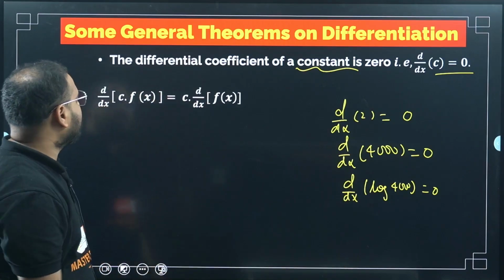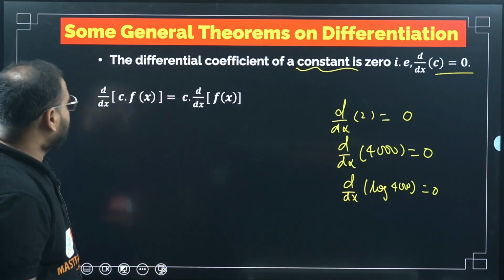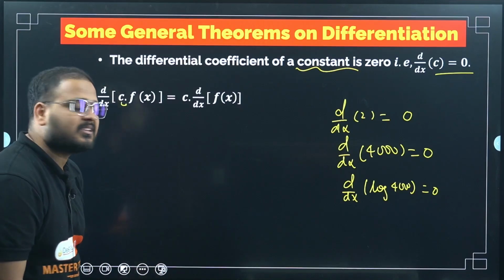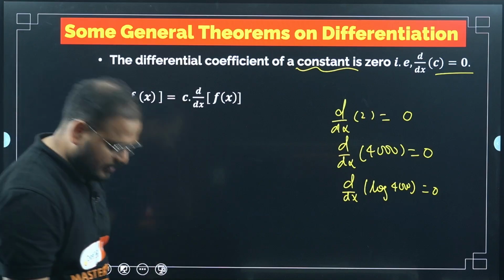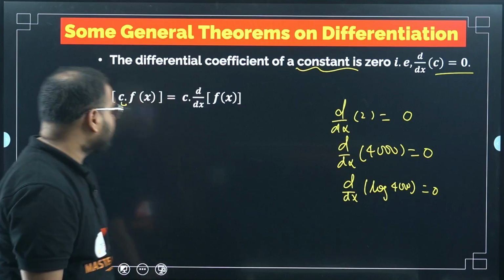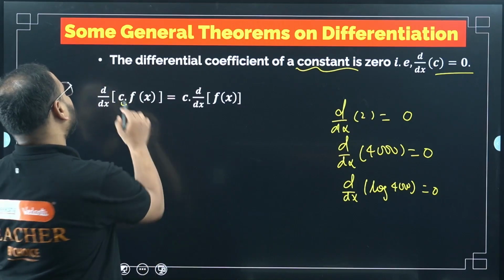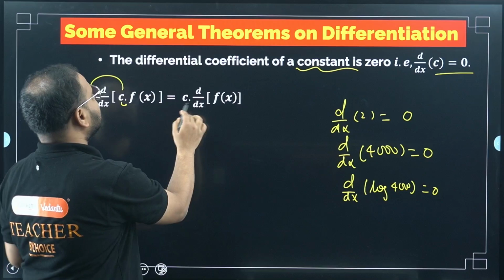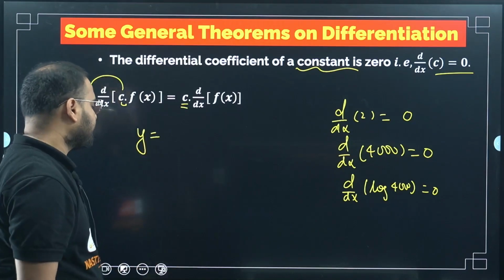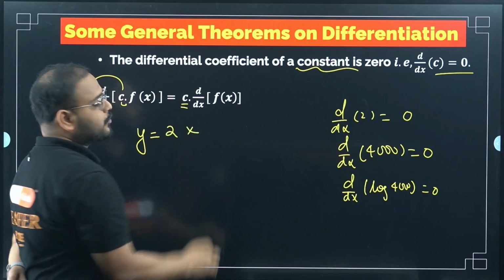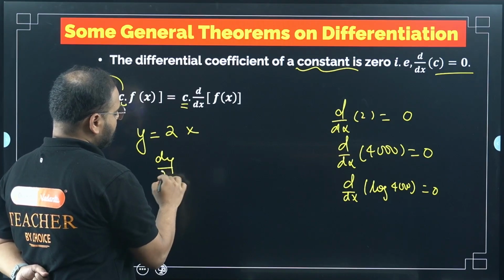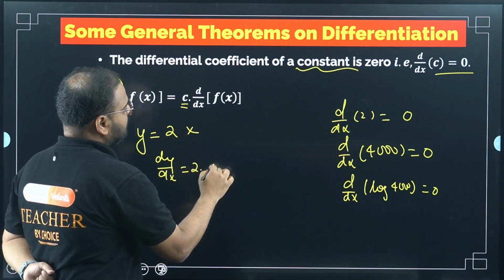Now let's look at first property. So let's say in this function, a constant is multiplied like this. C is multiplied to f of x, and we have been asked to find the differentiation. So what we can do is simply take the c out. Like this. For example, if I have y equals to 2x, then differentiation of this, dy by dx, will be 2 times of